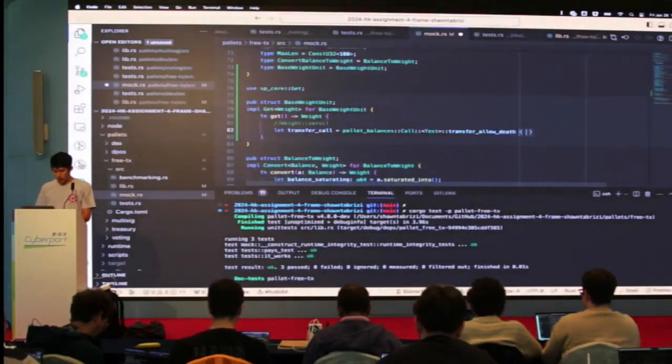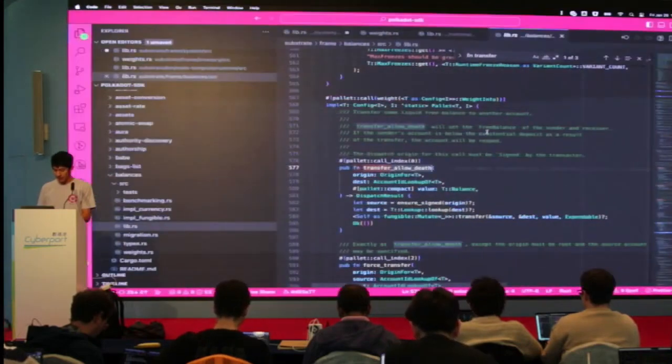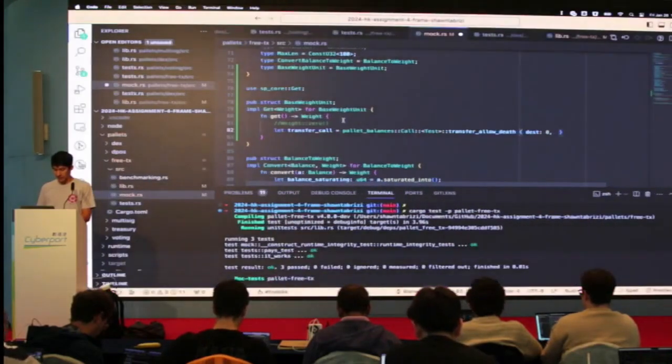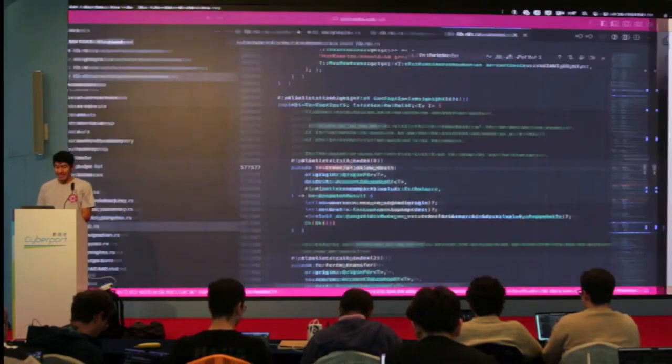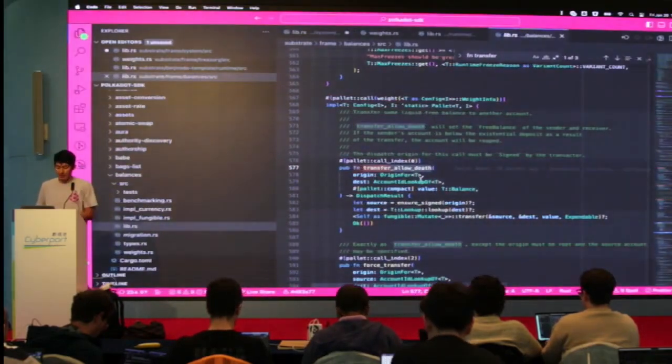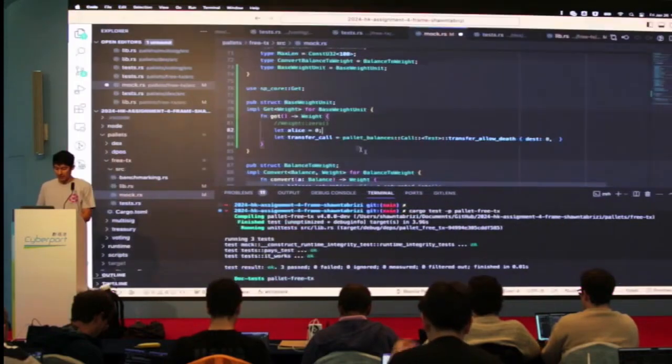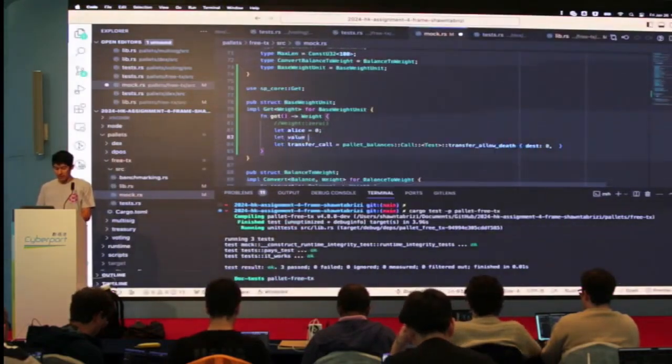And so there's no origin. Destination will be 0, right? That's an account. I'll make it a little more explicit here. So this is let Alice equals 0. Again, it doesn't matter who I send it to because the weight will be the same, right? We know this. And then the value will be balance. Let value equals 100. That also doesn't matter what the value is here,